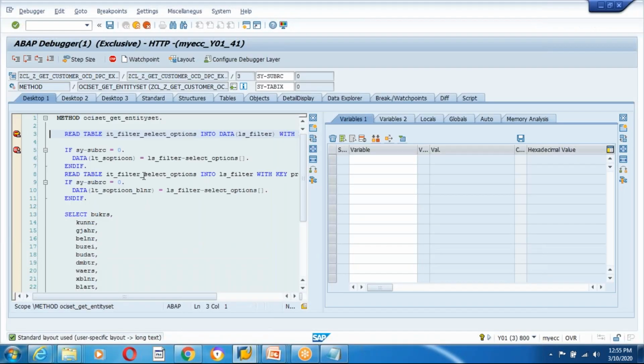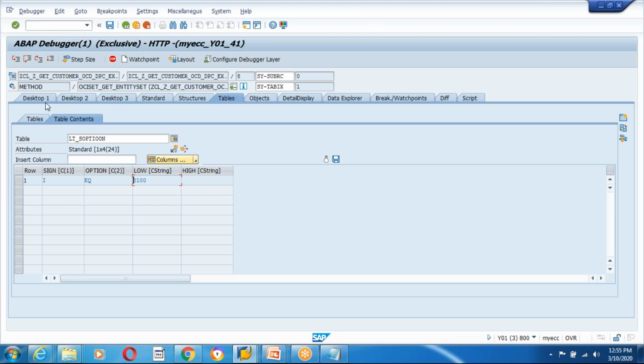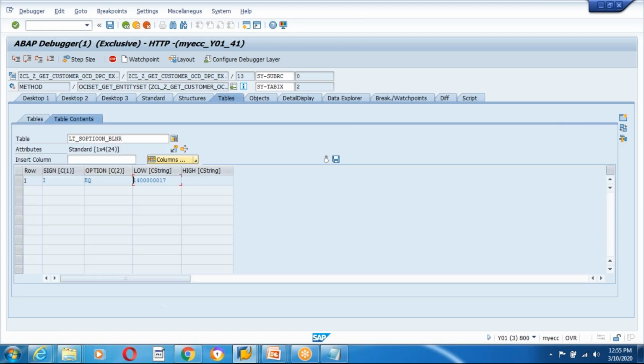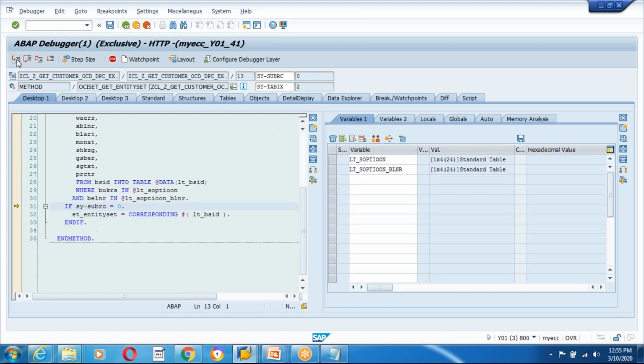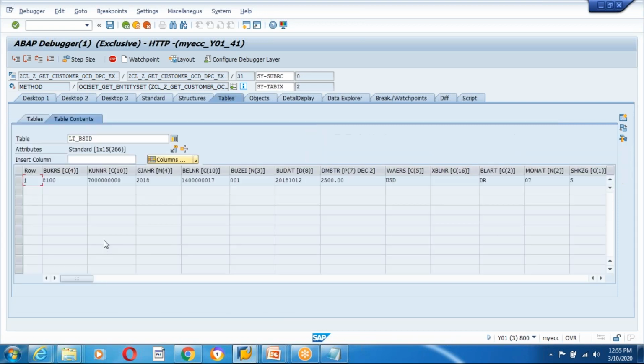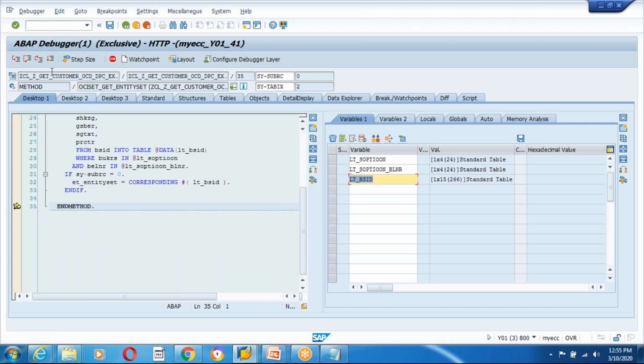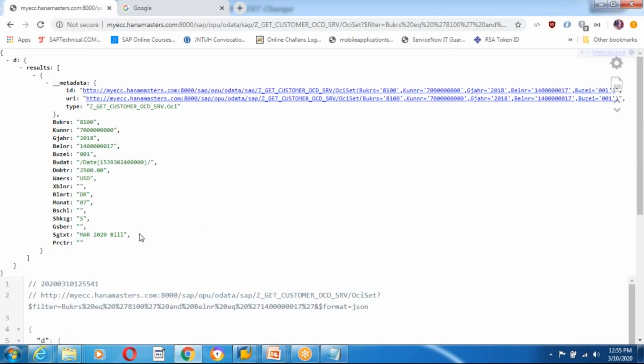So it comes here. See, now first I will read the Bucharest. So Bucharest comes into the LTS option, you can see Bucharest 8100 and F5. And now Belnar is an internal table for the select option. Belnar comes into the picture and F5. Now you can see it reads only one record, guys. See the Belnar which is equal to 17 and the company code is 8100, and that's it. Move this and F8. Now you can see only one record it has read from the OData or from the